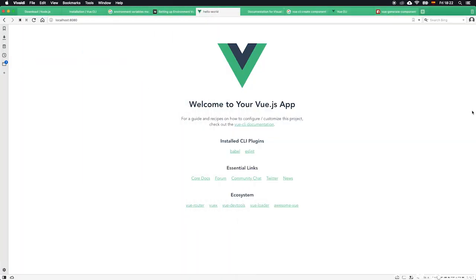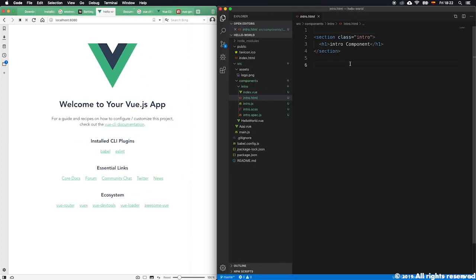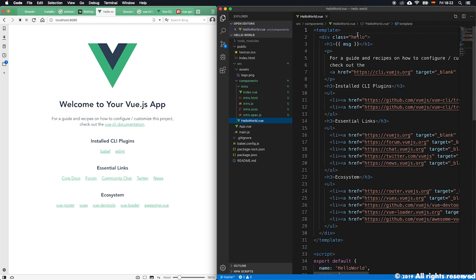So I want to show you first how the app changes in real time if I make any change on the code here, which is why I'm dividing the screen by 2. It's a very useful thing to have if you're working with multiple screens. If I change here, for example, the welcome message, and we will look into it later, it is a variable that comes into this component from the